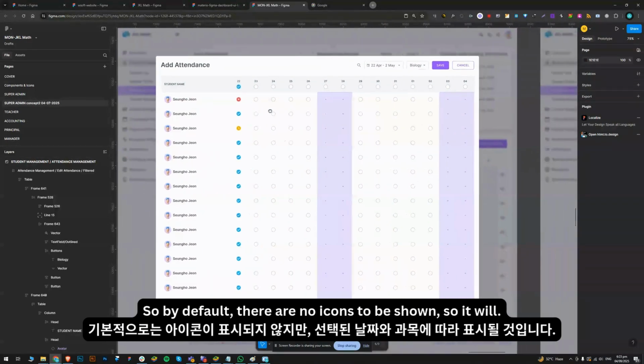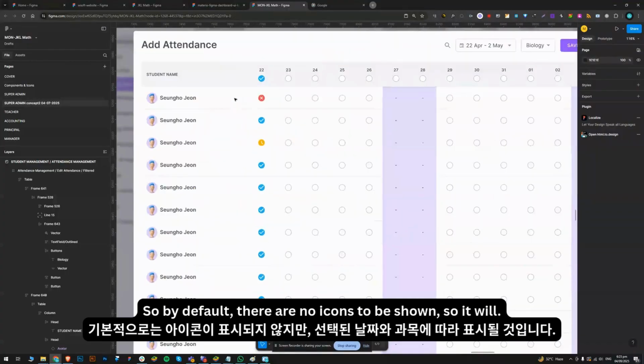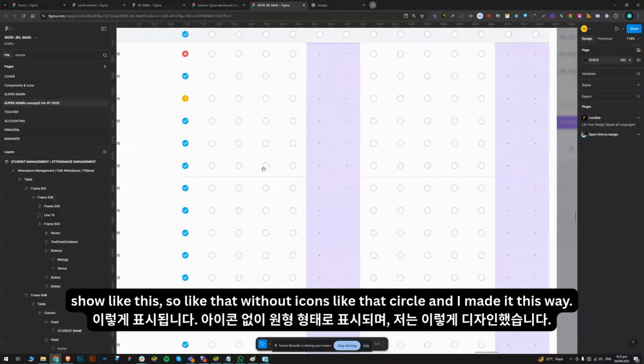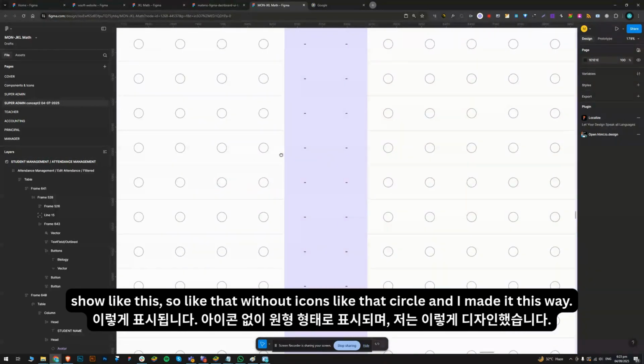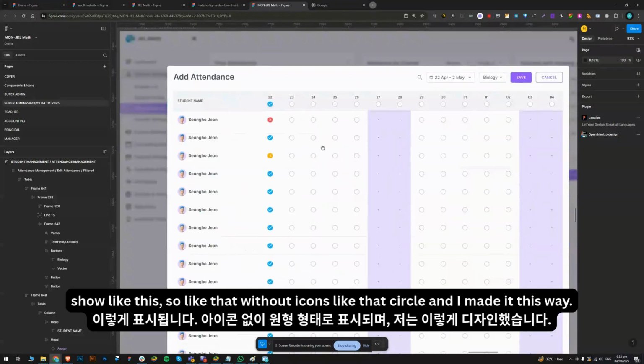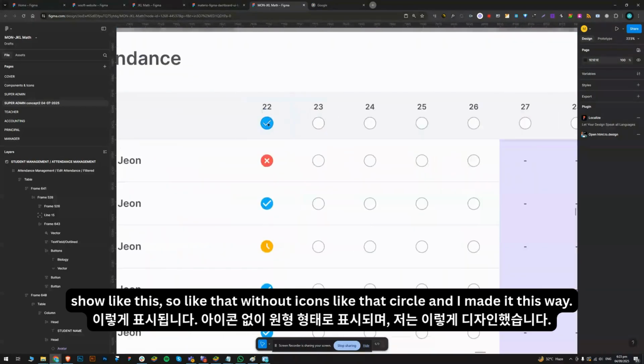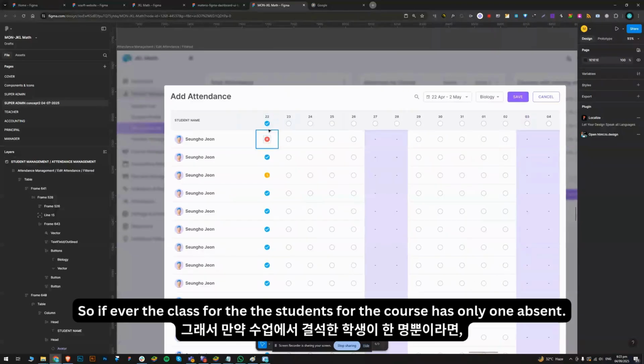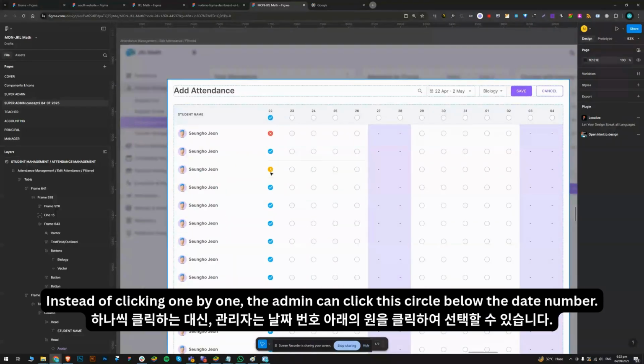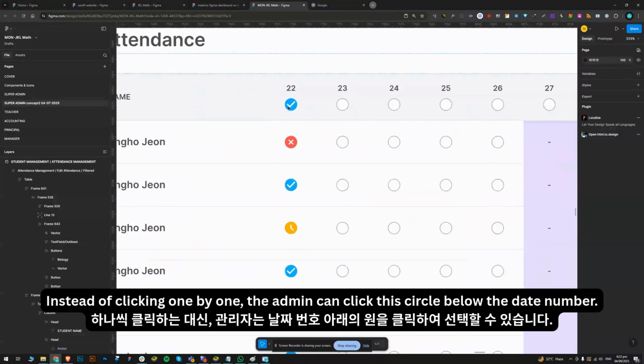So by default, there are no icons to be shown, so it will show like this, without icons, like that circle. And I made it this way, so if ever the class for the students for that course has only one absent, instead of clicking one by one, the admin can click this